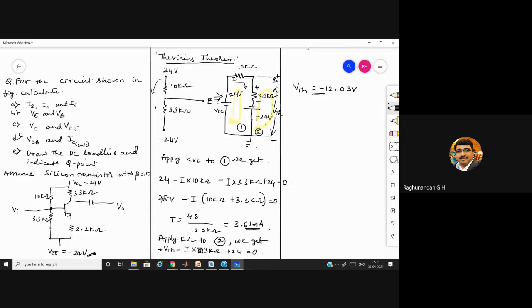So now, once you have got the VTH, can I find RTH to this? Are they parallel or are they in series? Parallel. So find the parallel combination of both. 2.48 kilo ohms. Yes, 2.48 kilo ohms. Next, what is the remaining thing we need to find out? Now we have simplified the circuit, right? We got VTH, RTH. So first we'll write the simplified Thevenin circuit.